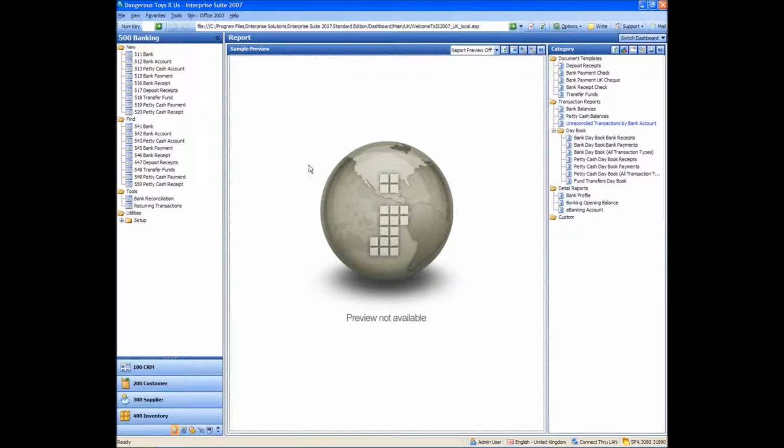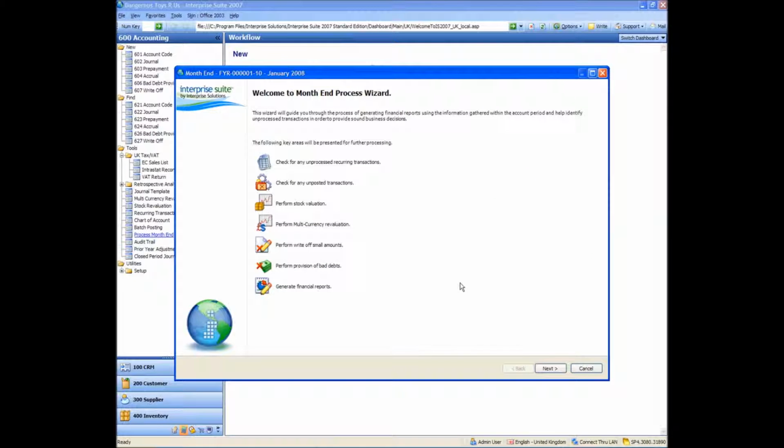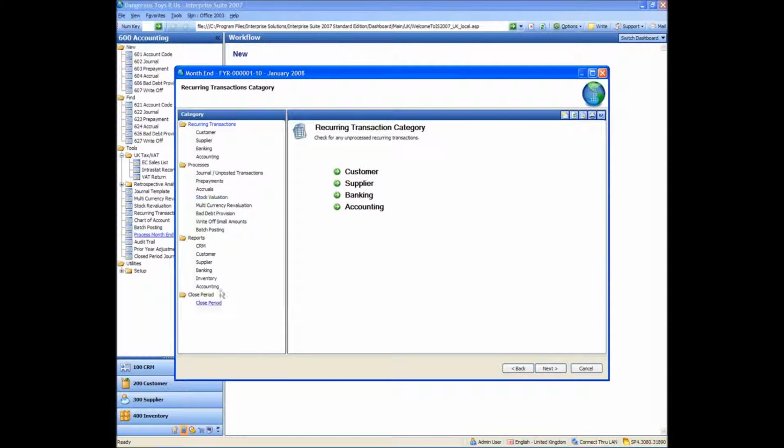Okay, the last thing I'm going to do now is do a month end again to take us out of January into February. So again, process month end. Now, I think I might have put a journal in since I did that batch posting, so I can't remember if I did or not. If I did, it will not let me close the period. So again, like before, we've got all the reminders